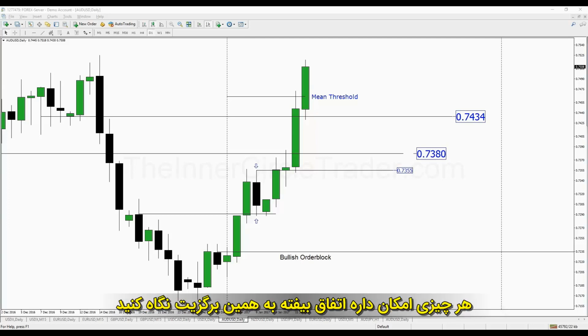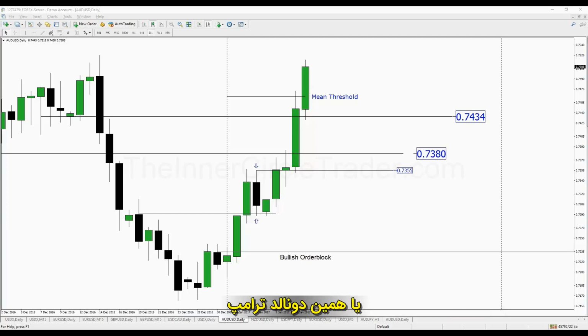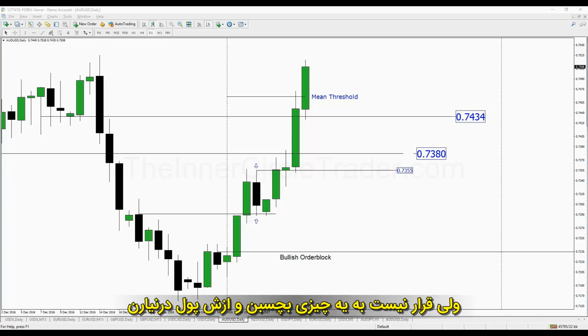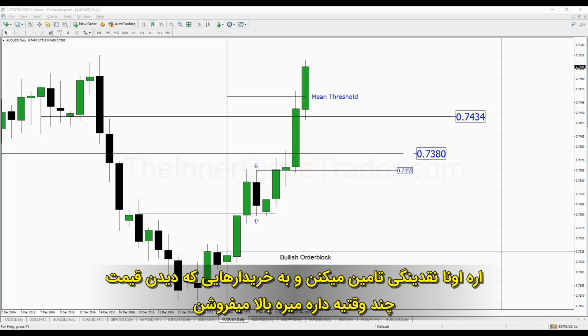Anything can happen. Look at the Brexit. Look at Donald Trump. Look what that did. There's risk, okay? But they take these risks and opportunities and they manipulate. But they don't want to hold on to something and not make money. So yeah, while they will provide liquidity and sell to the buyers that see price trade higher for a period